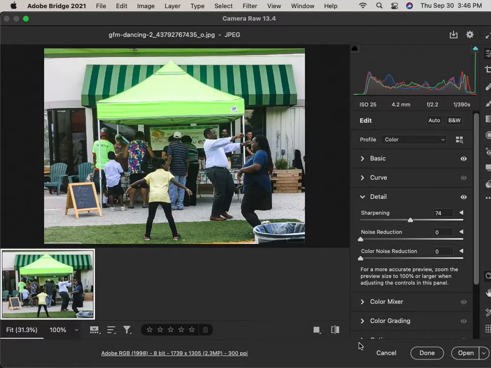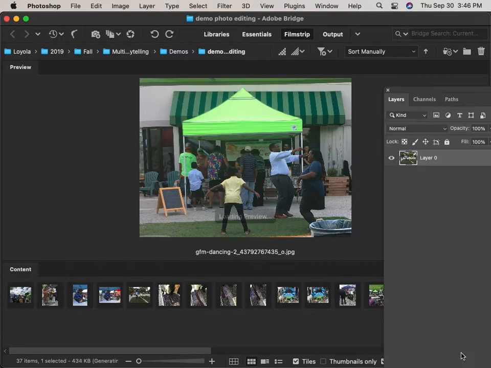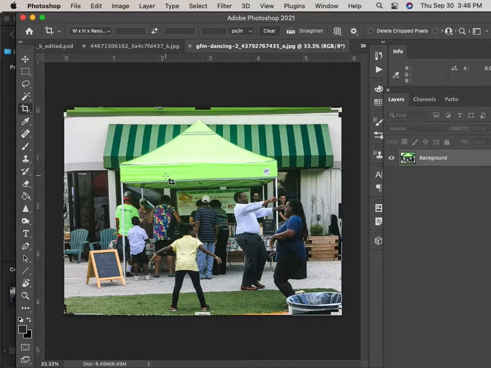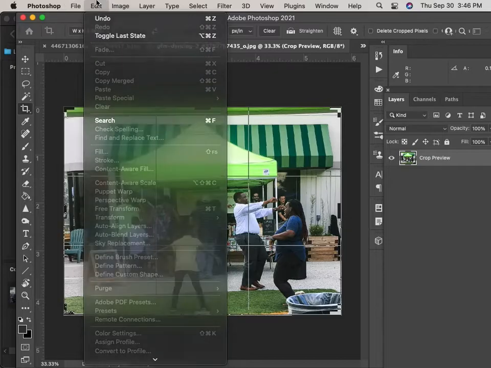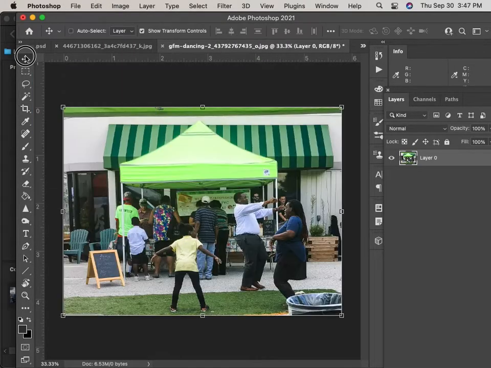Okay, that's better. And then I want to do some cropping, so I'm going to open it up in Photoshop and use my straighten tool here. And this awning is a good one. Click. Didn't do much though. I think it's because it's a little twisted. So in that case, I wonder if I'm going to go back to my selection tool, move,